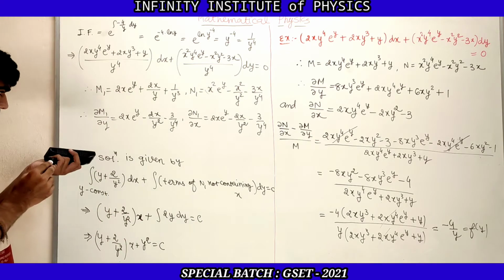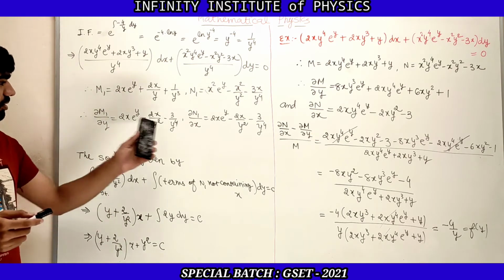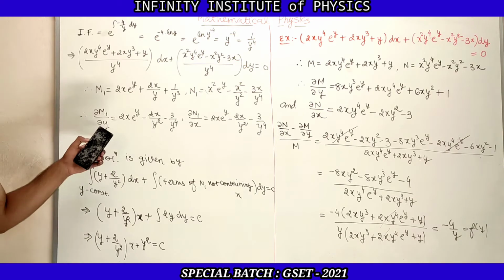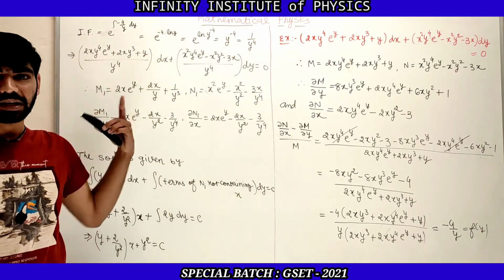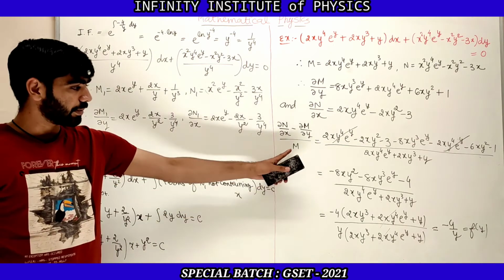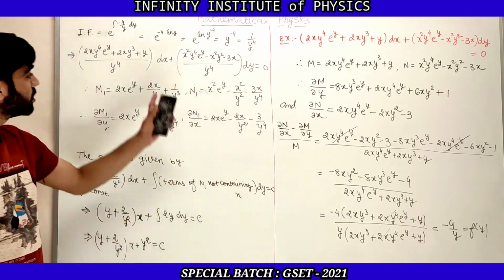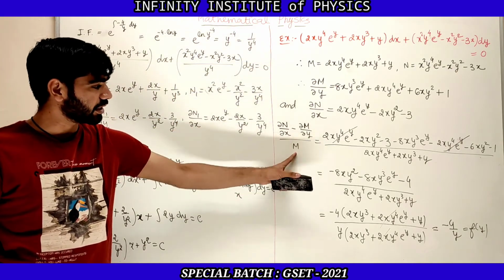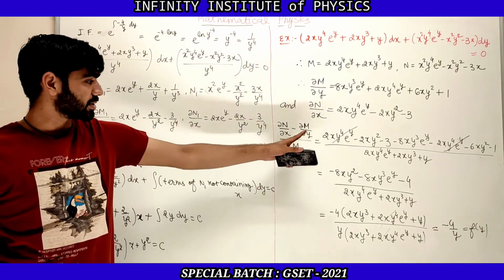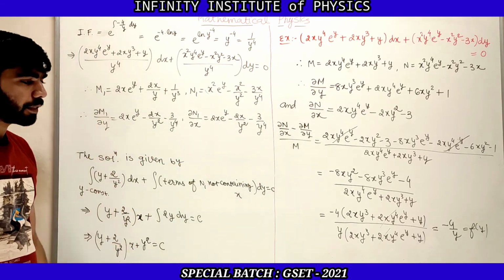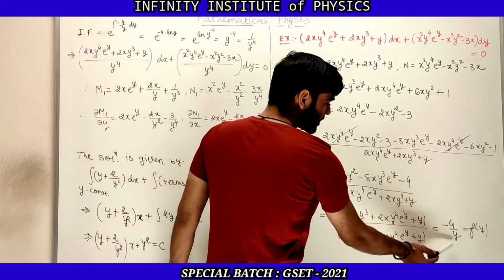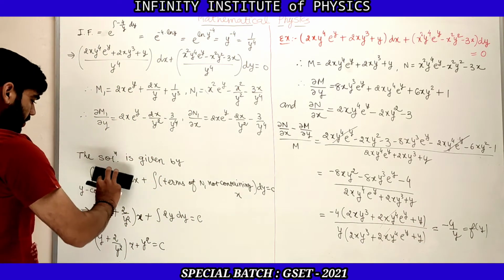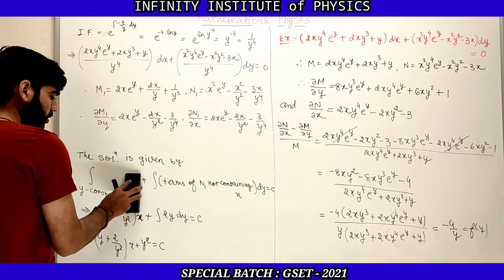And now you can see that ∂M1/∂y is the same as ∂N1/∂x, and that's why we have converted the given differential equation into an exact differential equation by multiplying by the integrating factor 1 by y⁴. That integrating factor we found from (∂N/∂x minus ∂M/∂y) upon M, which is only a function of y, minus 4 by y. And so now let us find the solution.